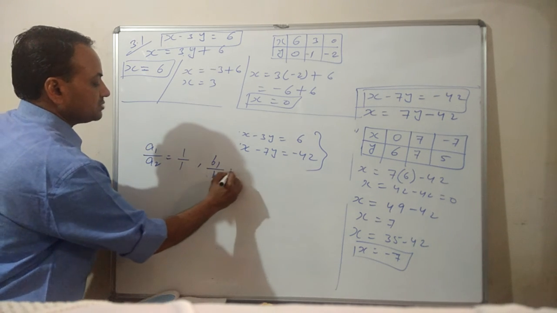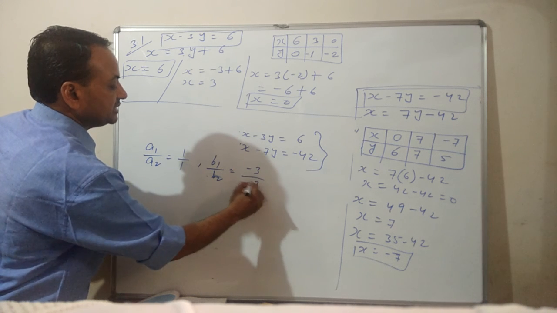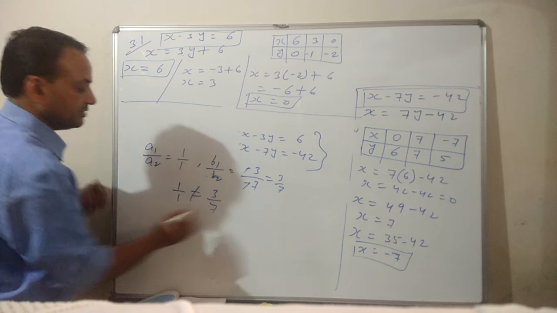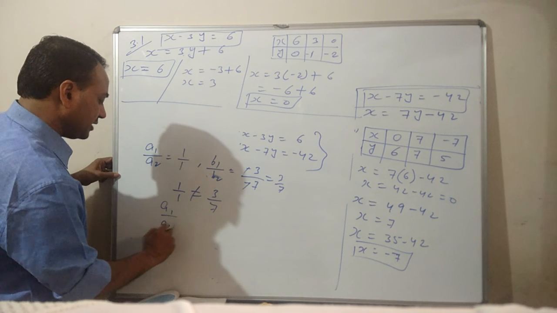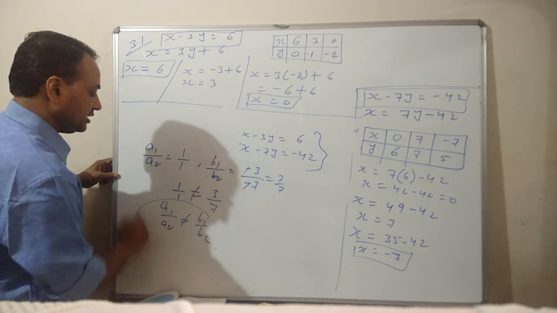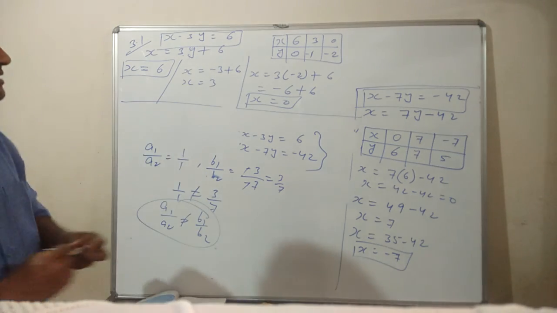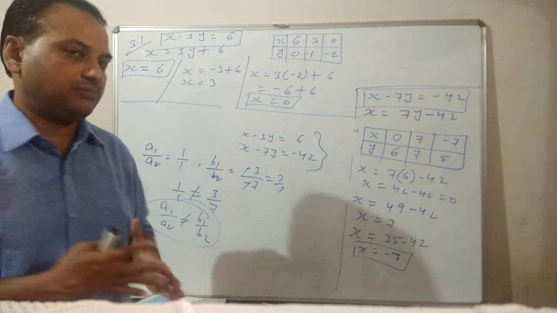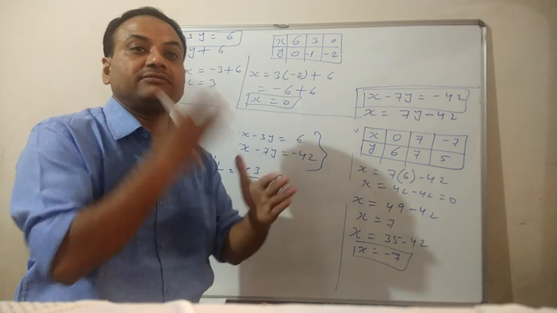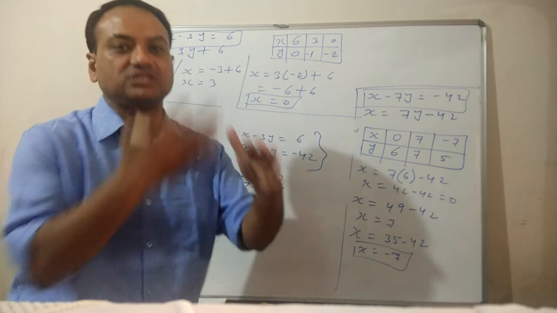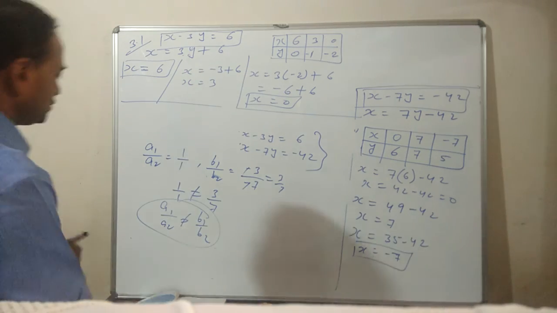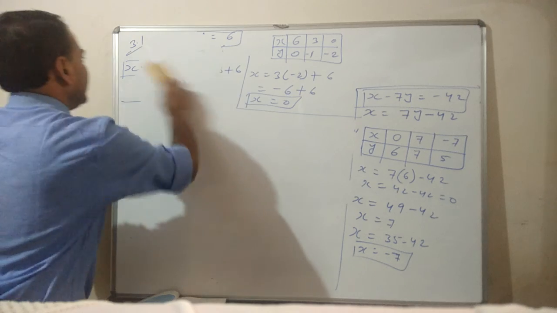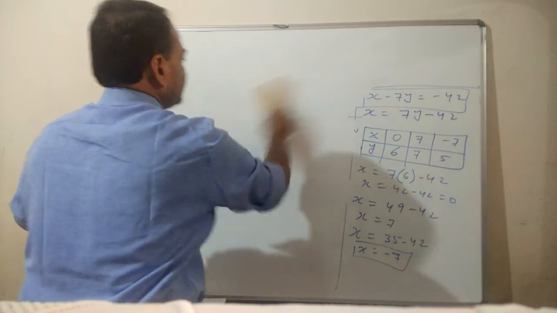B1 upon B2 is minus 3 and minus 7. The minus signs cancel, so 3 upon 7. We can say 1 upon 1 is not equal to 3 by 7. That means A1 upon A2 is not equal to B1 upon B2. In this case, the lines will intersect. So it is very sure that although it was not visible on this graph, once we extend, there will definitely be one unique point at which the lines intersect. That way we can find it. So in this exercise, there are 3 questions. First question I have